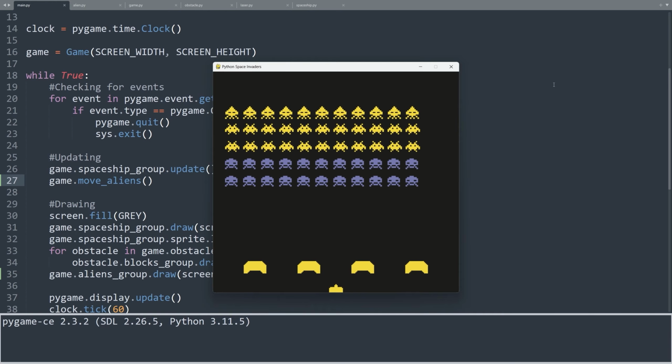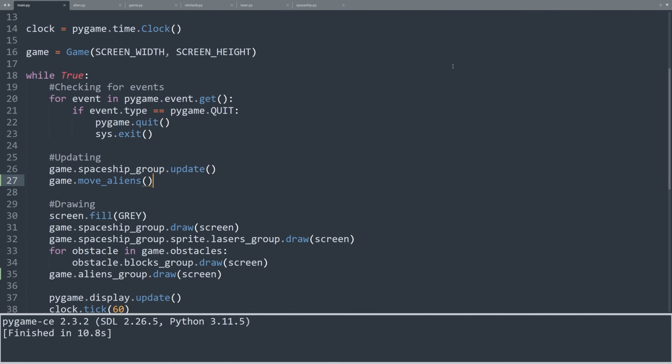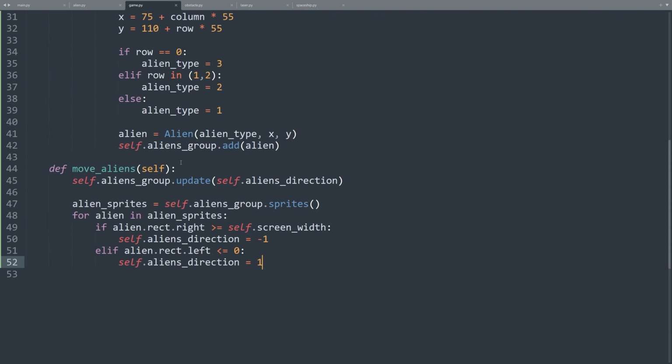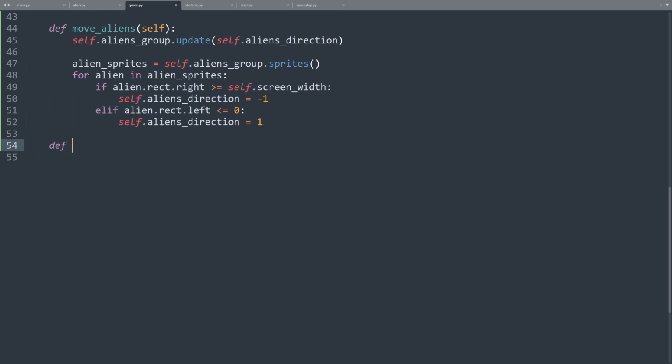But in the original Space Invaders game, when the aliens reach the end of the screen, they also move down. Let's implement this feature. We have to go back to the game class. Let's add another method to it. Let's call this method alienMoveDown. Def alienMoveDown(self):